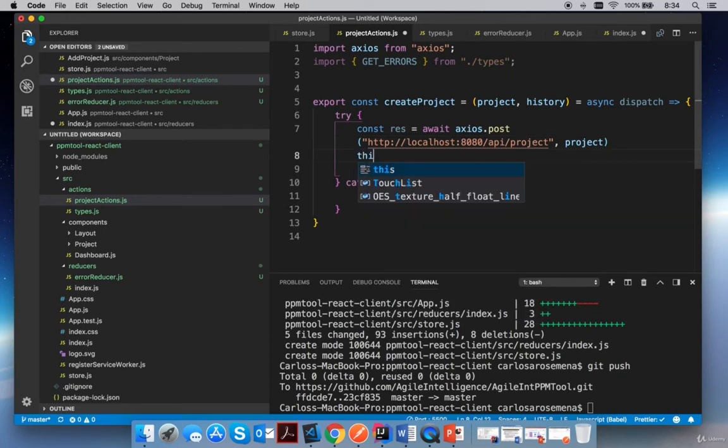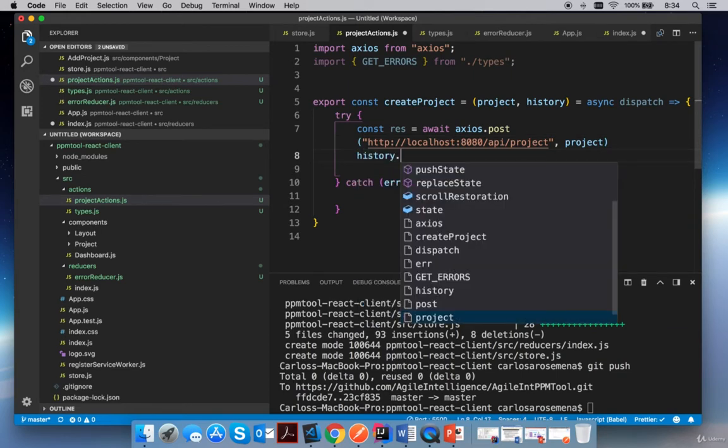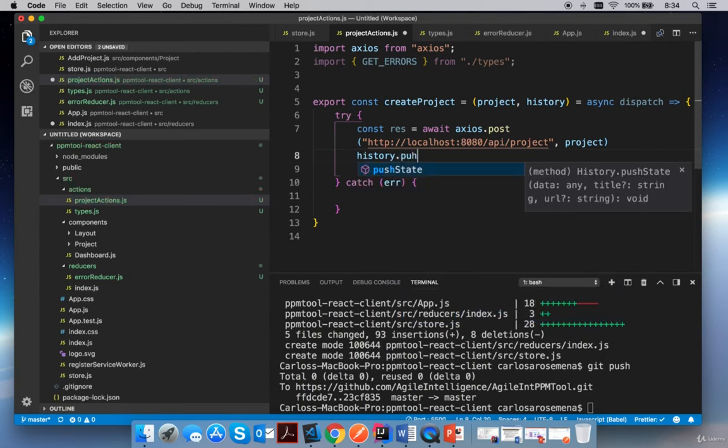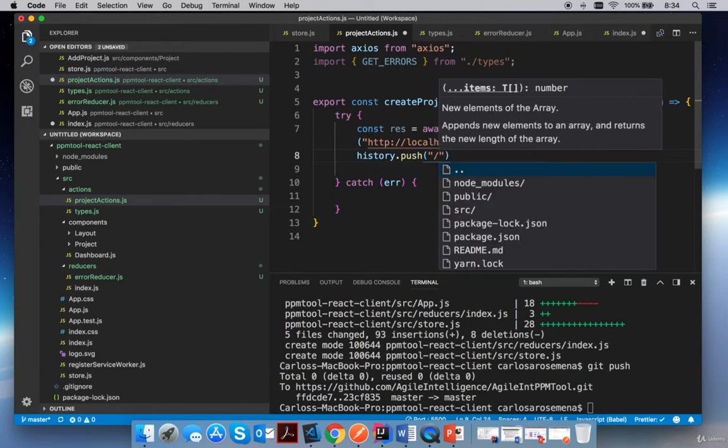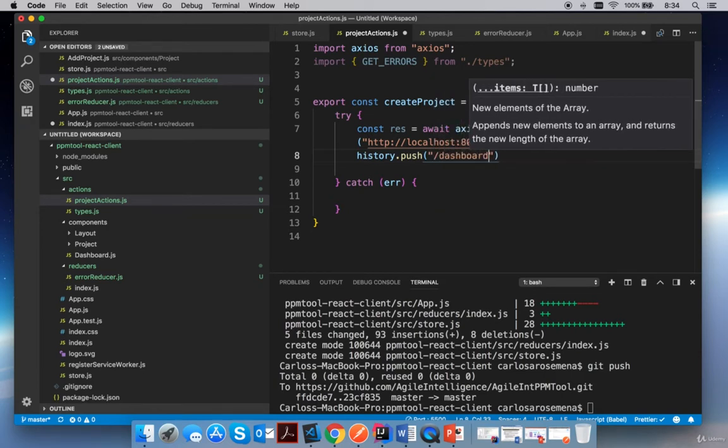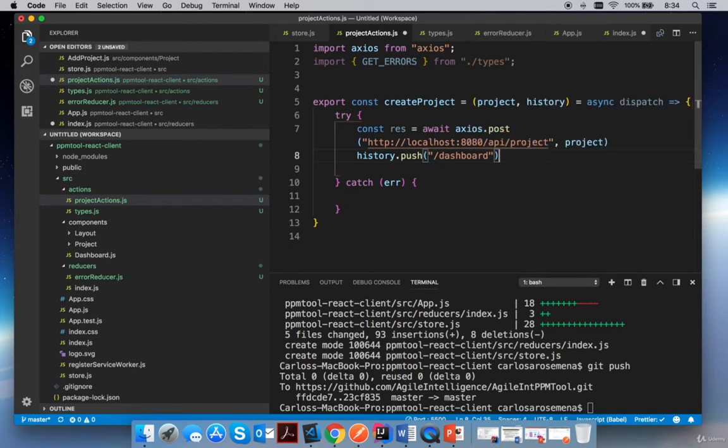If it goes well, then we're gonna take the history parameter from the component and we're gonna use history.push, and then we're gonna send the user back to the dashboard, because at that point we just wanna see our new project re-rendered. Okay, if there's an error, and this is where things are gonna get a little more interesting,